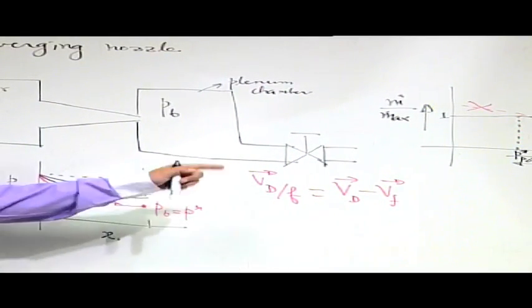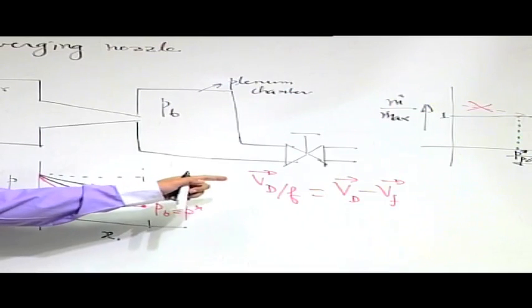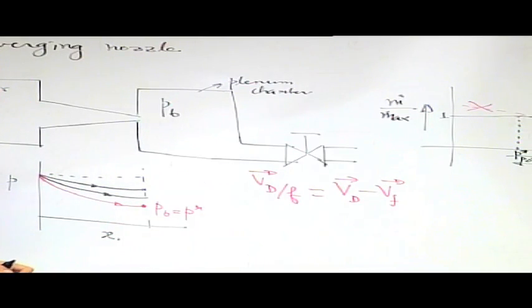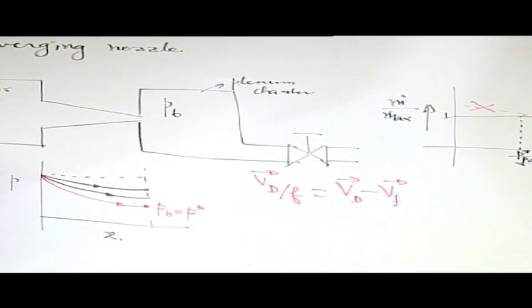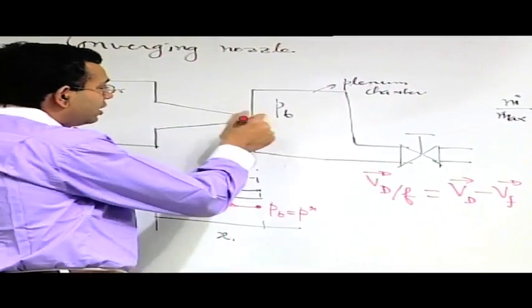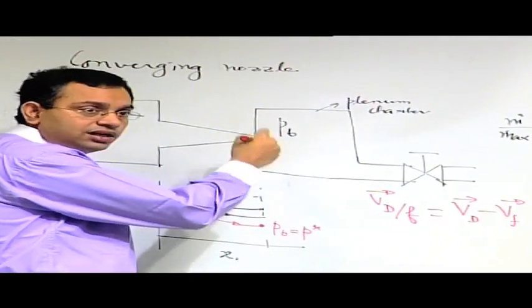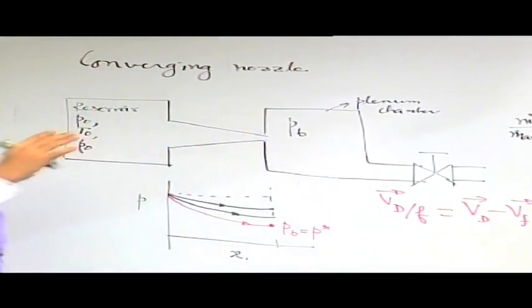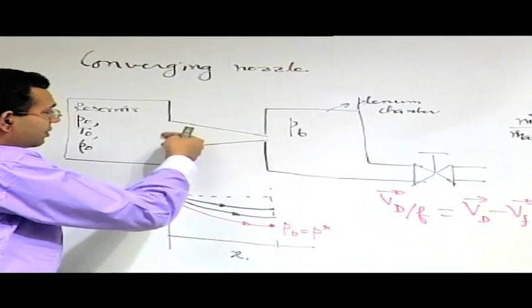What is the velocity of the disturbance relative to the fluid? In terms of magnitude, it is the sonic speed. In terms of direction, what is the direction in which the disturbance is moving? The disturbance is created downstream in terms of the back pressure, and it has to propagate and go to